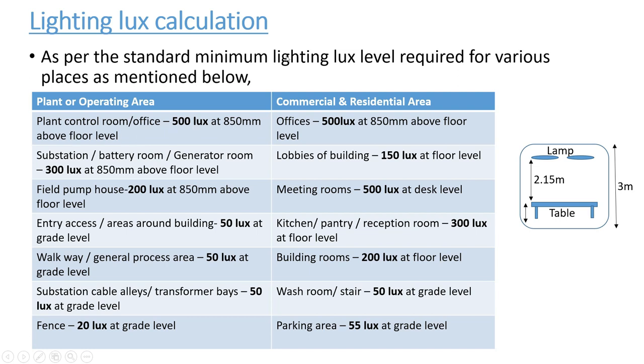level. It means, you can see here, for example, this is one room. This room's total height is 3 meters, and in this room I'm using a table. This table is installed from the ground, and the table level is 850 mm. This height is 850 mm, and the remaining height will be 2.15 meters. I just subtract this 850 mm from the 3 meters, so the remaining height is 2.15 meters. I am connecting the lamp. So this lamp produces a brightness of 500 lux at 850 mm above floor level.